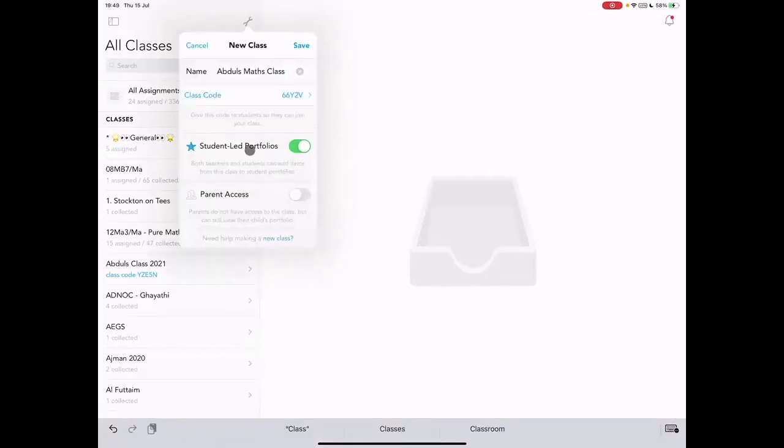It does have a portfolio section, so students can save their best work, coursework, assessments, anything that you wish. Whatever system you're using, you can have all the portfolio work in one place. And